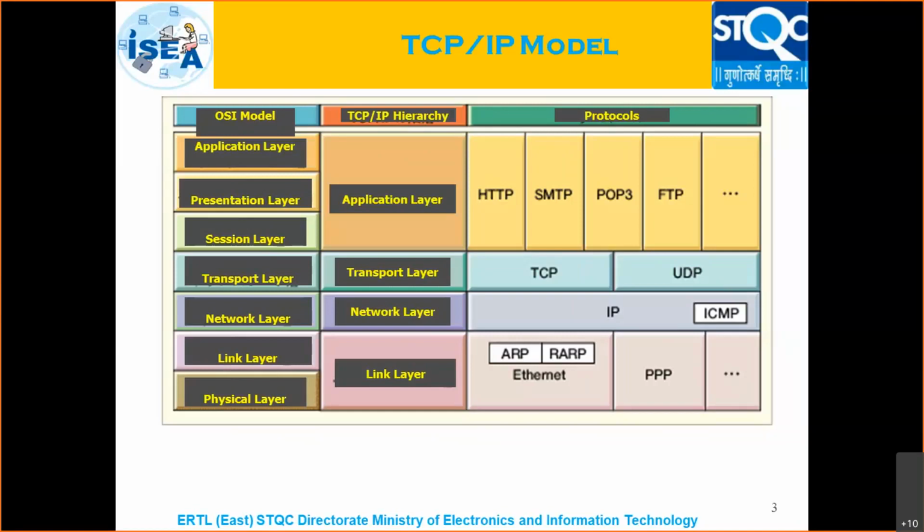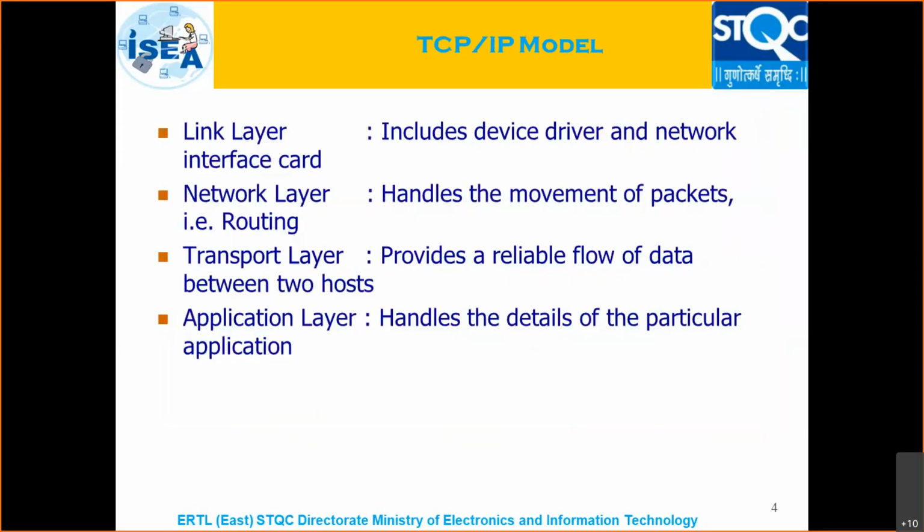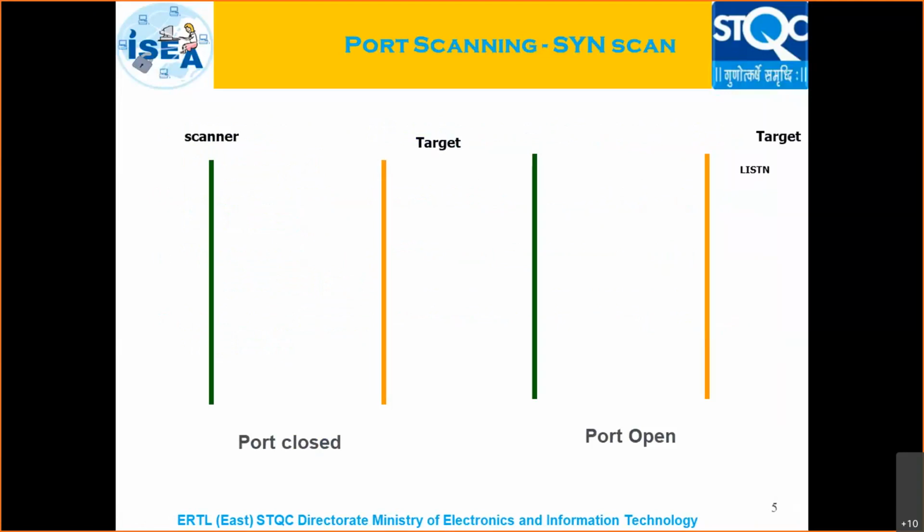Well, I'm telling it very simply, but actually the task is very complex. To understand it, we have discussed it very briefly: what each layer does. The link layer includes the driver and network interface card that we can see in our laptop. The network layer, transport layer, and application layer are all built into the OS. We cannot see them from outside, like our network interface card. But each layer has very defined tasks, and these are the base of the client-server architecture model. As I have told, the transport layer basically handles the port information.